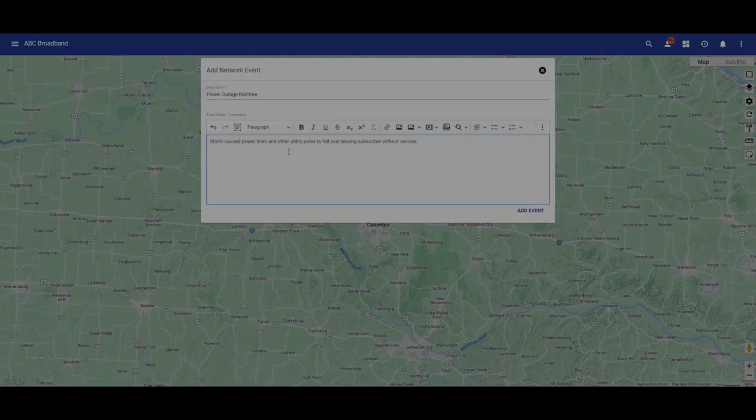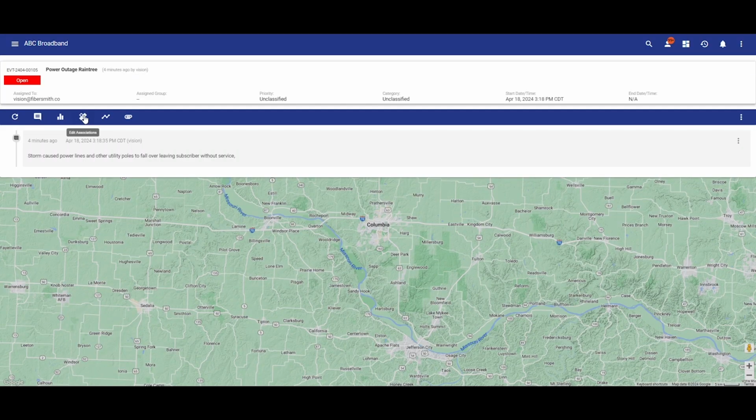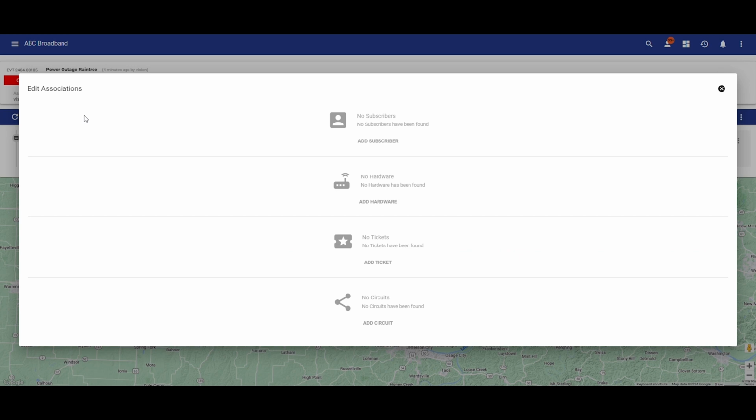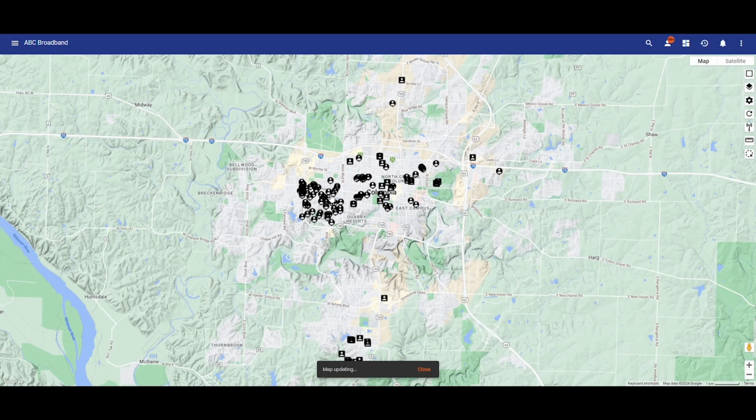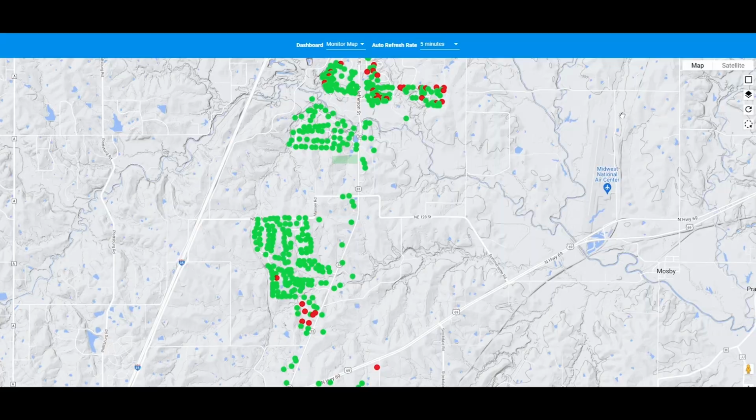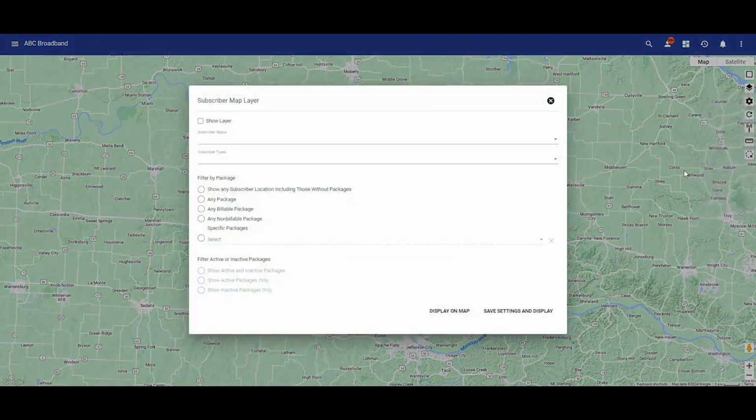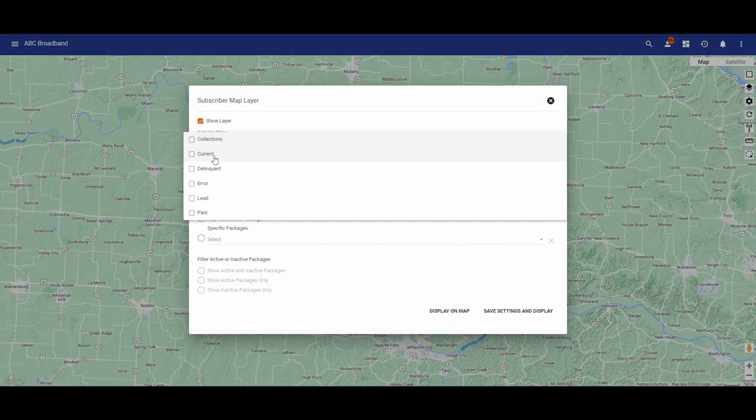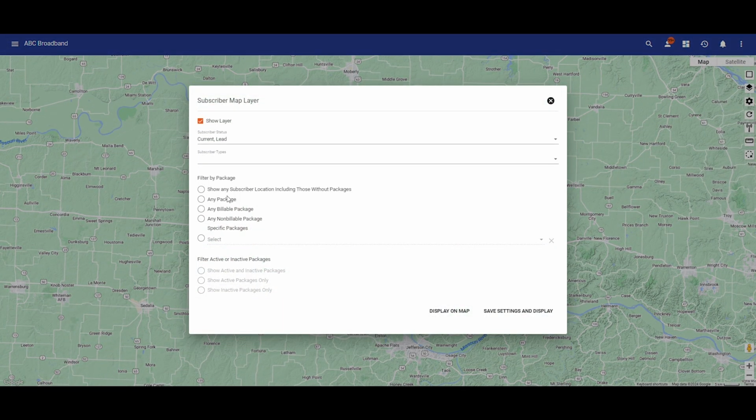Because Vision is a location-based system, one of the easiest ways to add subscribers to a network event is using the map interface. This can be through the homepage, base map, or monitoring map. If you already know where the affected area is, you can layer subscribers or service areas to select the affected